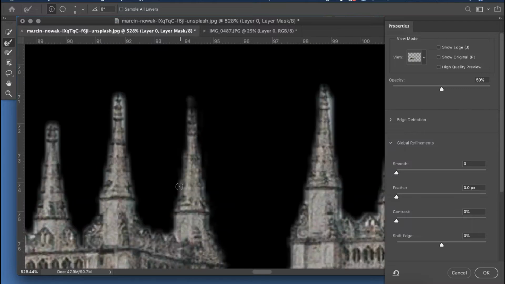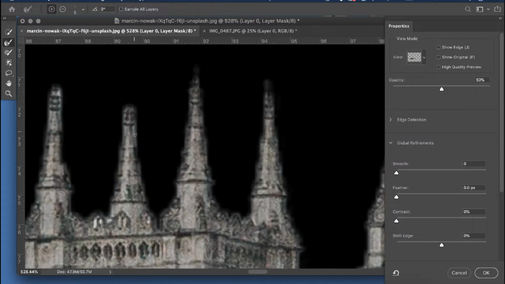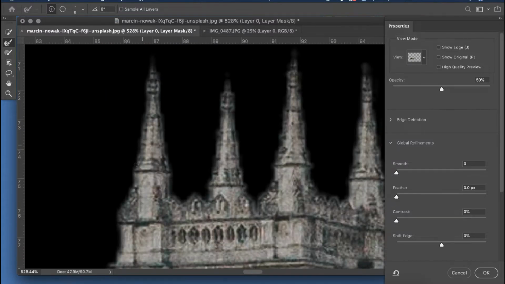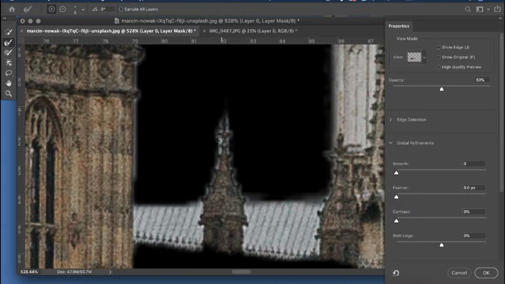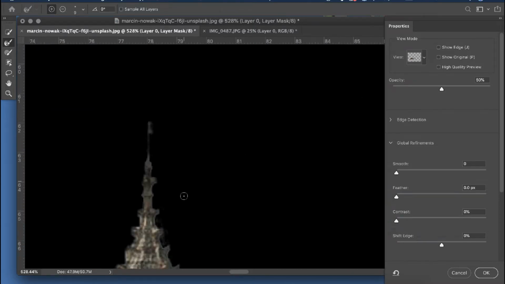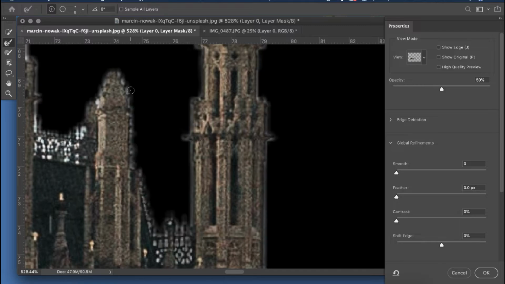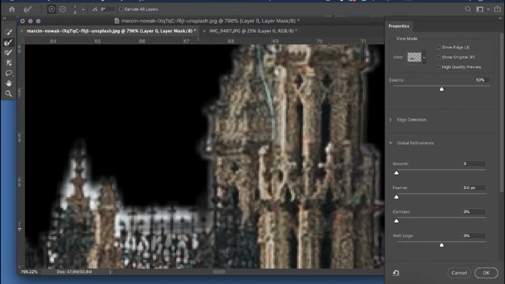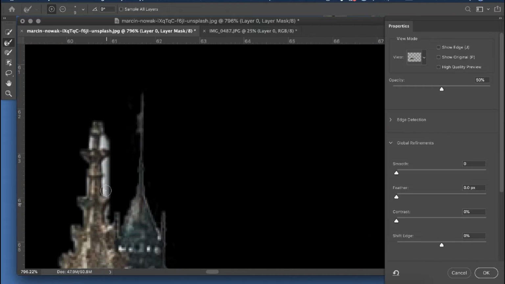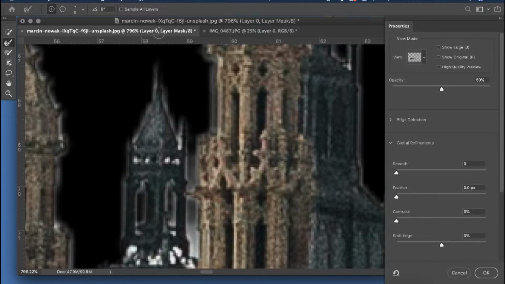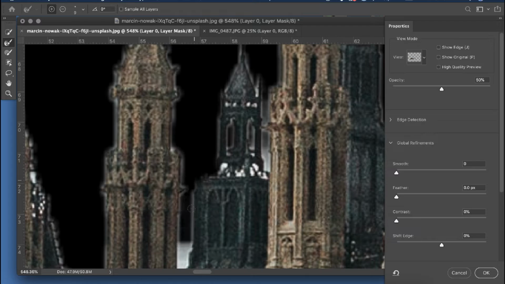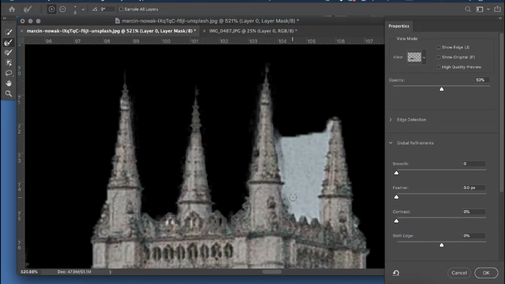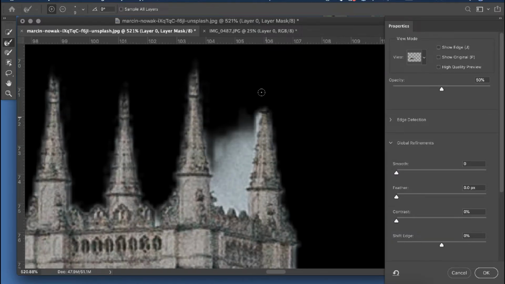I have been explaining this whole concept of refine edge brush in the previous videos, but now in short I will tell you what it does. It removes all the hardness from the edges, making it look very clean and smooth. Now I would give you one suggestion here. Please invest your time properly in making the edges smooth by refined edge brush, because as you can see the building has a lot of features and detailing.